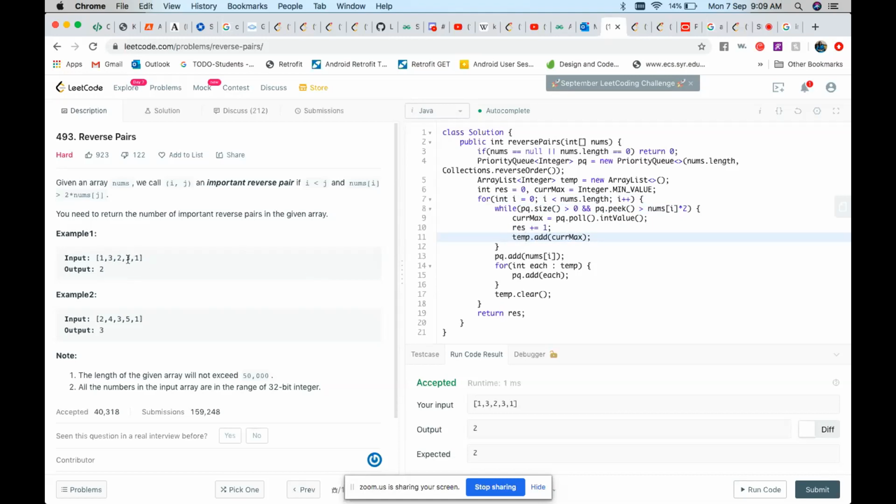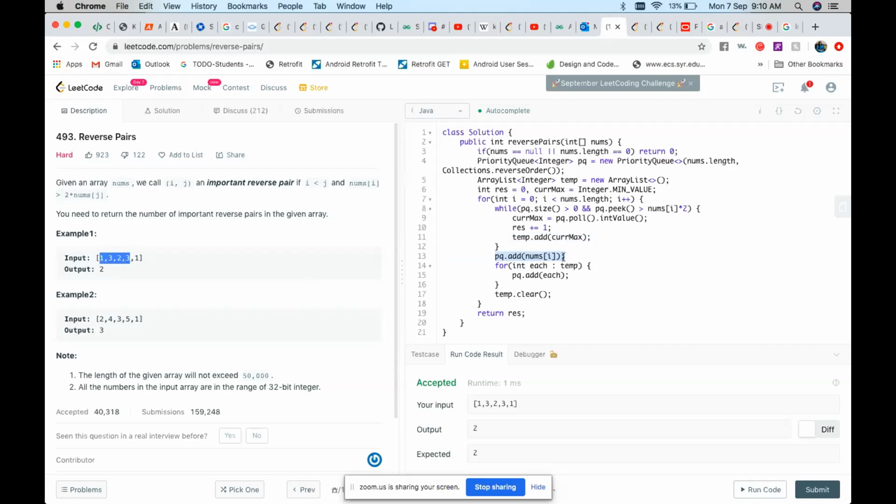For example, I'm currently at element 3. I pushed all these elements, and in the priority queue, none of them satisfy the condition, so my temp will be empty. But after that, I insert the current element, which is 3, into the priority queue.